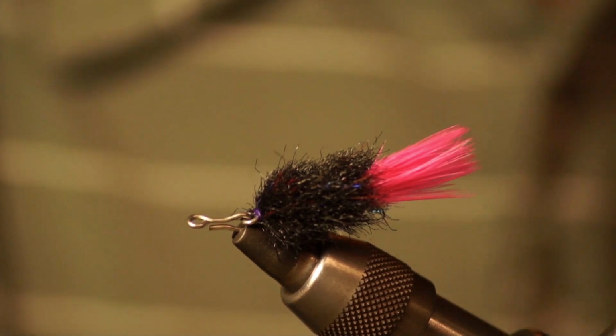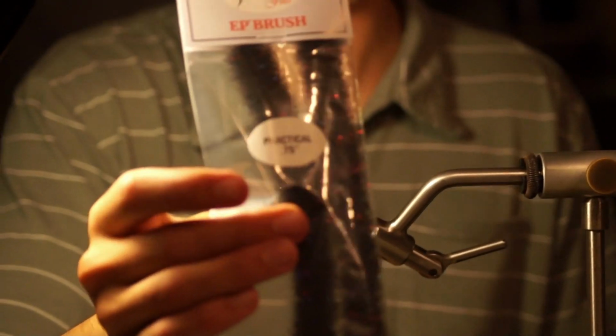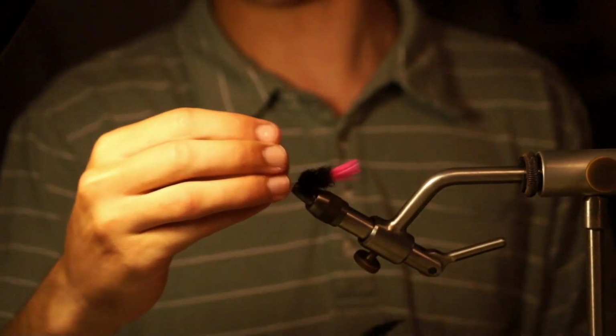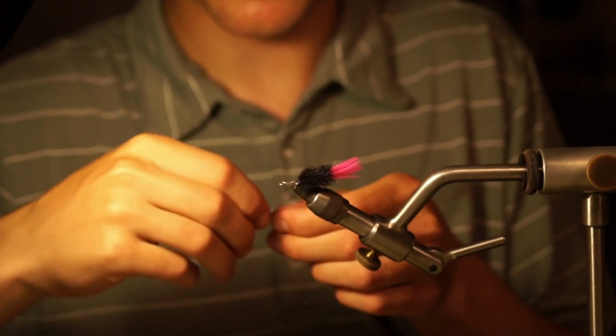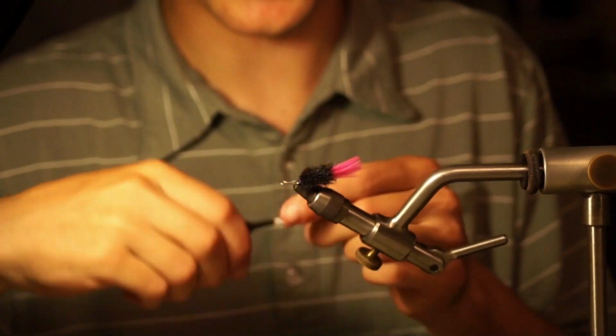Alright, in our next section we're going to step up in size just a hair to that 0.75 inch, same color black. That's just going to build it up. We're coming from here, we're going to work out and bevel this fly out. And that gives us a good rough outline when we're trimming to follow a shape. So I'll close this shank up here and